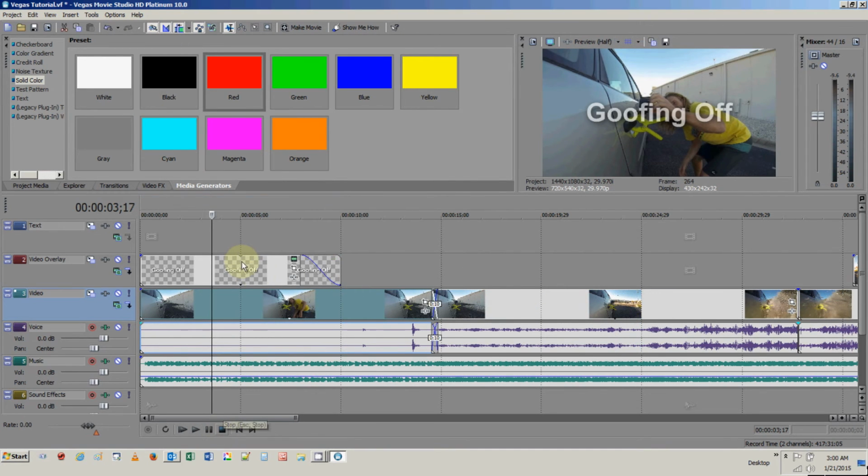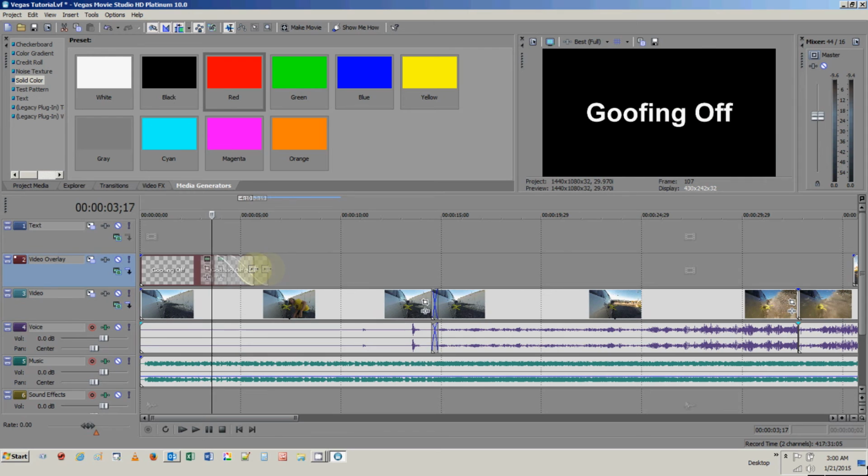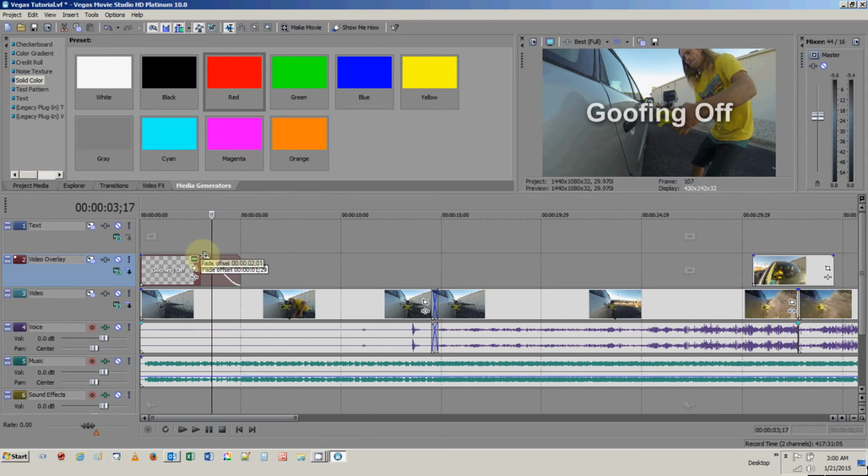And I noticed something. You see that little peg right there? This is the text repeating. I had set it for 5 seconds, but it was originally 10 seconds long, so this is that 5-second point actually. So I'm going to grab here, bring it over till it ends. So now I get that 5 seconds, and I'm going to make this so it doesn't fade out as abruptly.